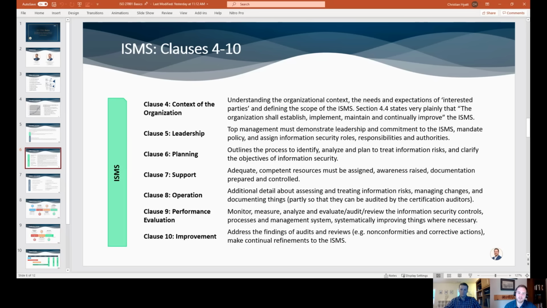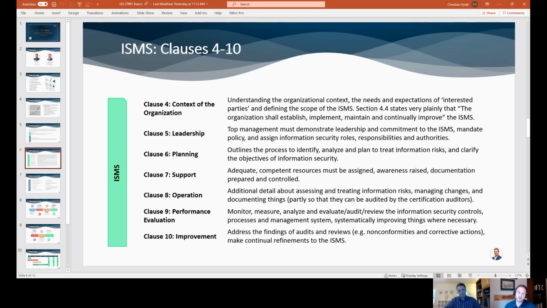So one of the big things that auditors are looking for when it comes to ISO is this idea of management's commitment to continuous improvement. So what they want to see in clause 9 is that you have your own internal audit procedures. So you're measuring your program every year at least, and then identifying opportunities for improvement. And then moving on into clause 10, you're actually doing something about them. So there's this life cycle of identifying improvements, improving them, and making them normal processes. And that's really the crux of your audit.